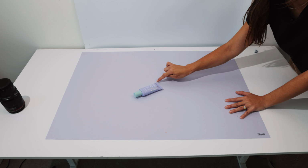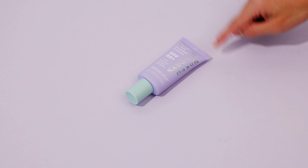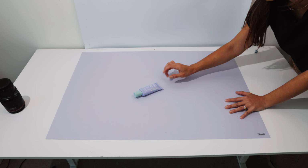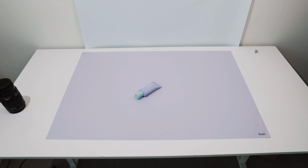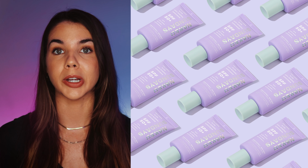I'm going to be paying attention to my shadow because I am going to be keeping the original shadow in the final image. So I might just slightly adjust the shadow a tiny little bit just so I'm happy with it. But basically get your angle, take the shot, and you're good to go. I usually like to keep my original shadow in,